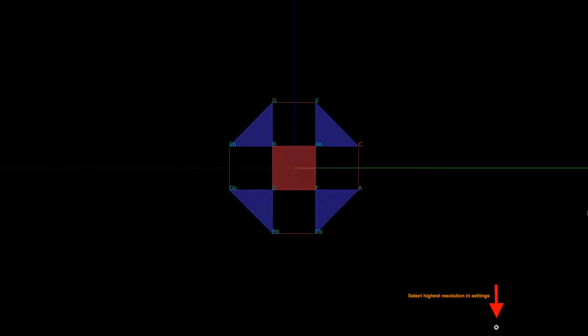In this video, I'd like to talk about planar navigation. What we are looking at is my favorite context, the C G flat context, with its C major scale spelled in thirds, and the G flat major scale spelled in thirds, and also the dominant chord